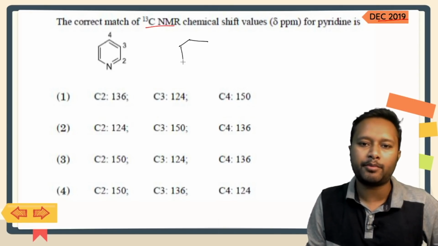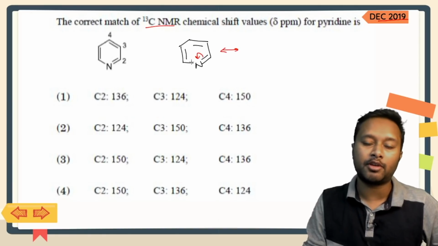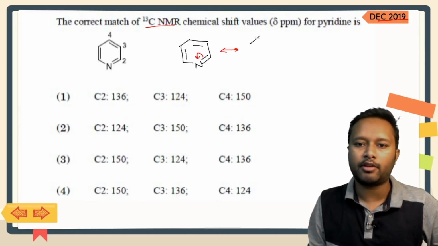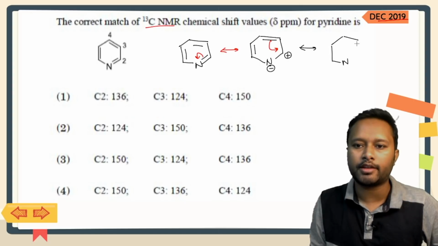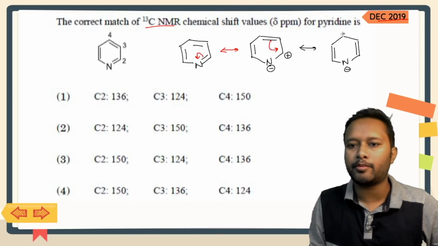Okay, so if you have a pyridine molecule as this, and you want to see the resonance in it, how does the resonance happen? This bond shifts over here because nitrogen is more electronegative. In that particular case, your nitrogen is going to have a negative charge over here and a positive charge will generate on this particular carbon. The next thing which can happen is shifting of this particular bond, and the next structure which you will have is going to be something like this. Nitrogen having a negative charge, double bond here and a positive charge here.